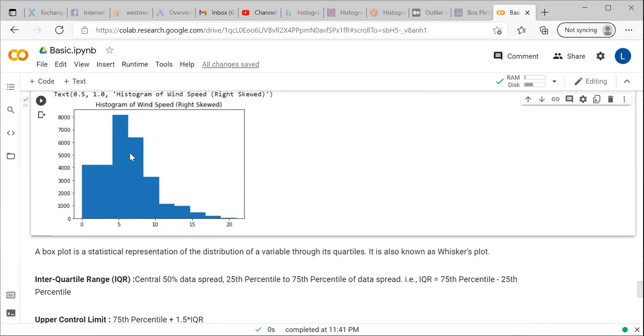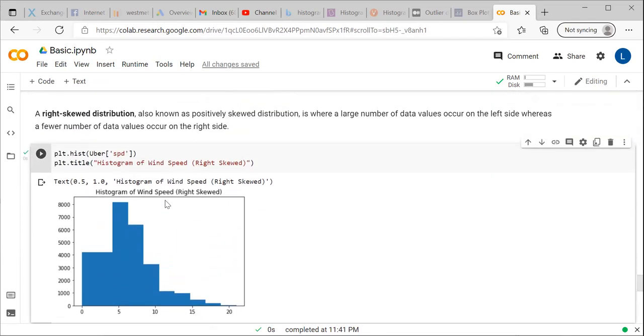On the right side, there are not many data entries. So this is known as the right skew. The right side is skewed. Most of the data entries are available on the left side, so this is known as positively skewed.